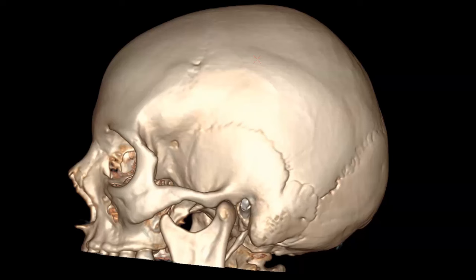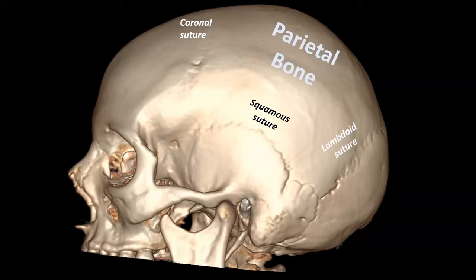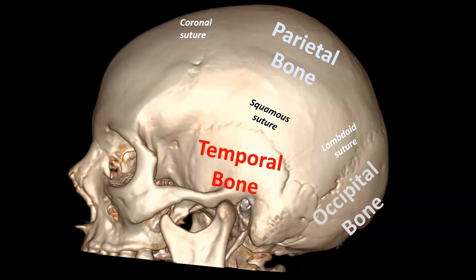The sutures can better be seen on three-dimensional reconstructions of the skull, and on this image we can clearly see the coronal suture. Over here we have the squamous suture, and here we have the lambdoid suture. And these sutures divide the several bones of the skull from one another. The biggest bone located between the coronal suture, squamous suture, and lambdoid suture is the parietal bone. Then we have the occipital bone at the back of the skull. The temporal bone is located at the side underneath the squamous suture, and at the front we find the frontal